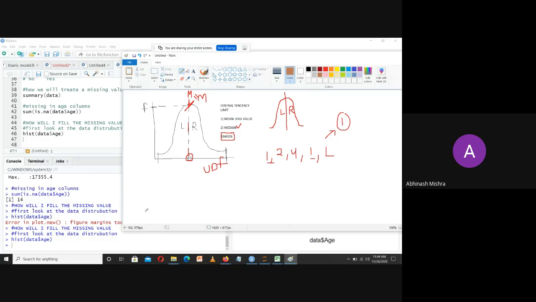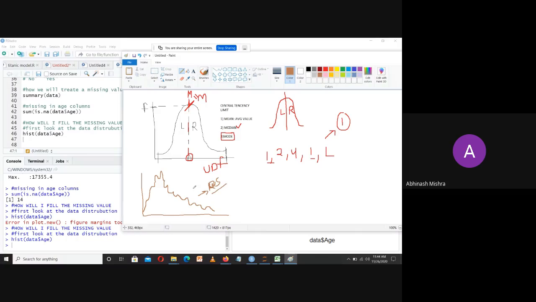The first curve is when the data is mostly distributed on the left hand side, something like this. When the data distribution graph is something like this, then we will say this is termed a right skewed curve.